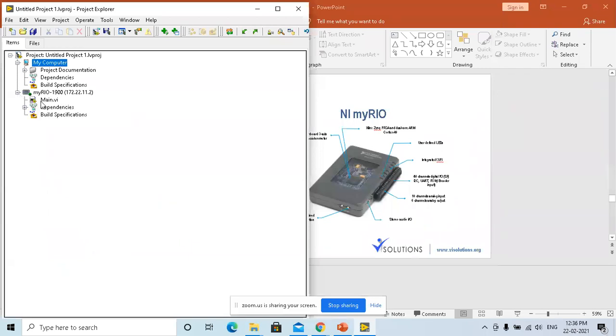So if you see, I have a computer, and under my computer I have myRIO, because I've connected this hardware through USB.